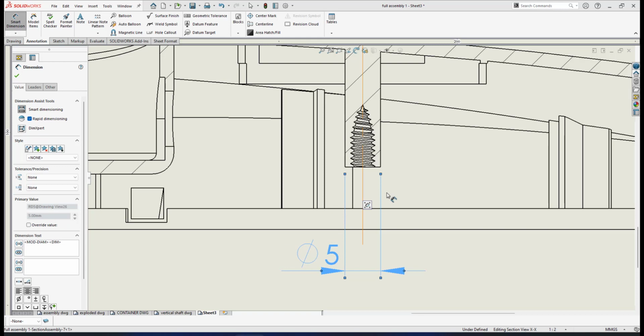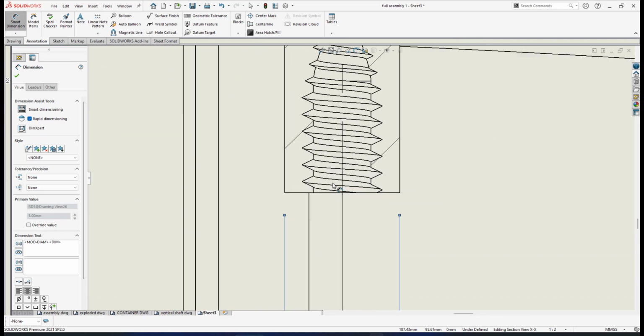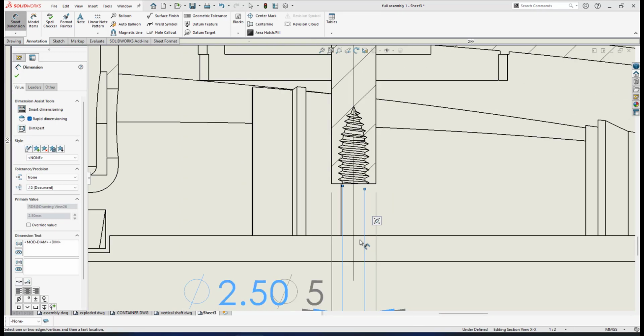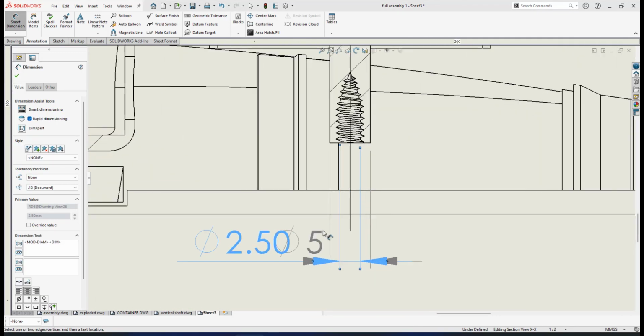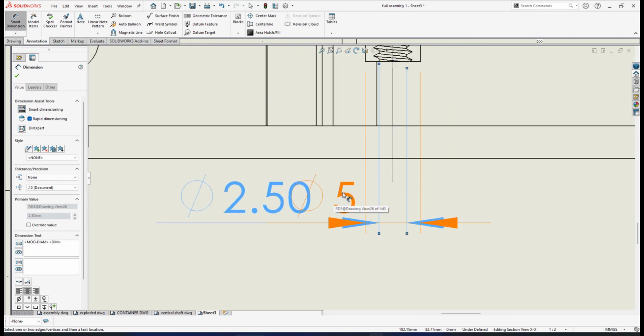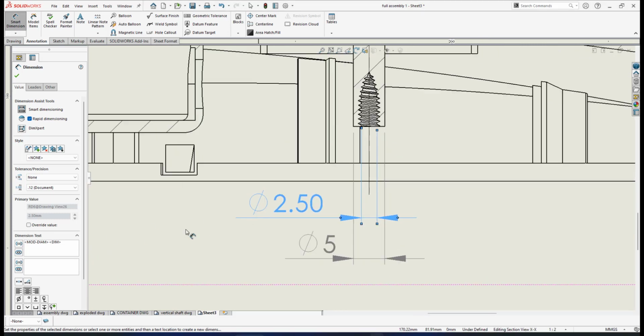And another thing to mention, we have a feature here. We have an inner thread. If I go for dimension, I have to dimension the major diameter from this line to this line. I put it to the bottom side. Sometimes SolidWorks cannot shift the previous diameter, so I have to manually shift diameter 5 here. And this diameter 2.5 here, I need to replace, since this is an inner thread. So under the text here, the diameter symbol, I will delete it, and I replace it with capital